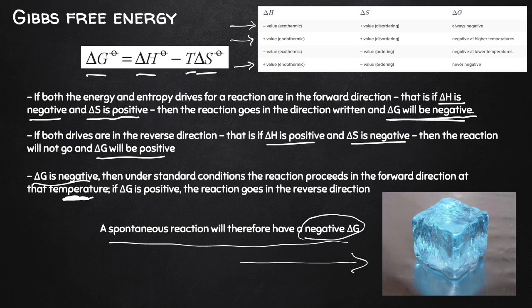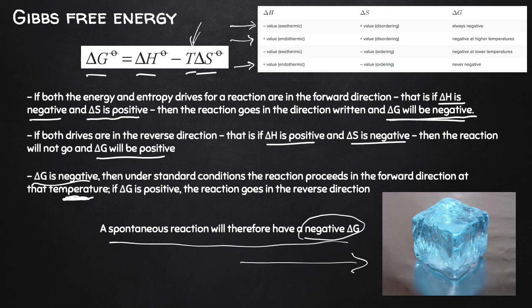But if we raise the temperature and we get to 273 Kelvin, or the melting point, then we've raised the temperature high enough for that reaction, going from a solid to a liquid, to start to proceed. So in that case, temperature, which is part of our Gibbs free energy equation, comes into play. If we raise the temperature high enough, an endothermic reaction that creates disorder will proceed